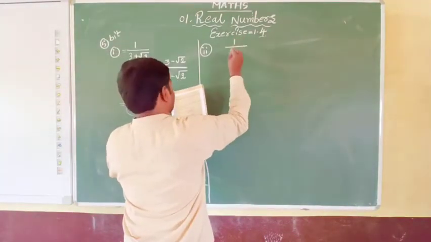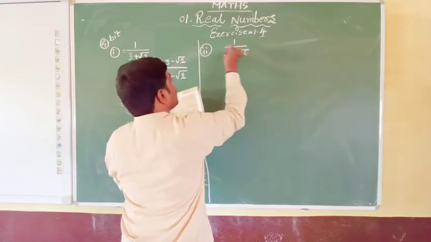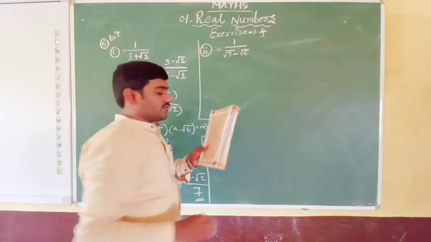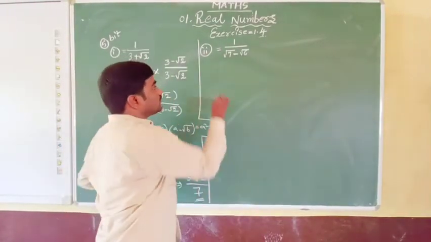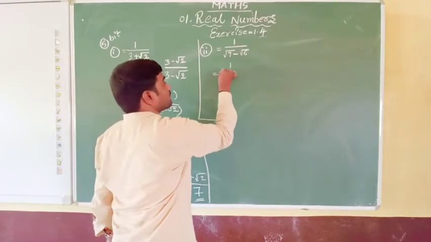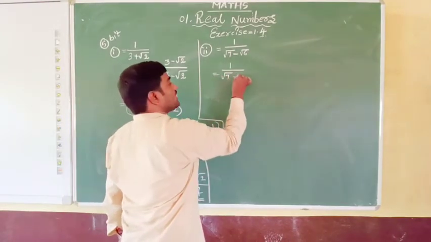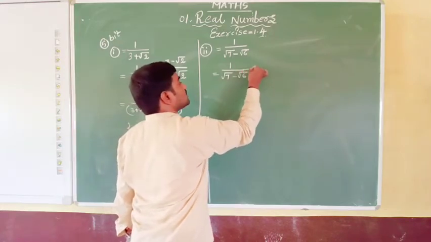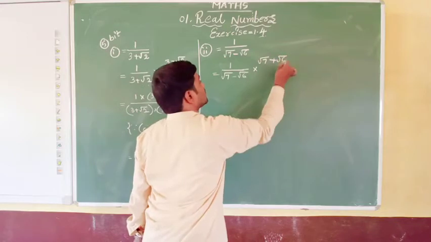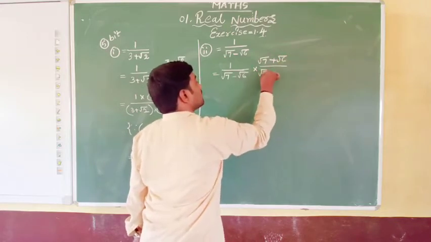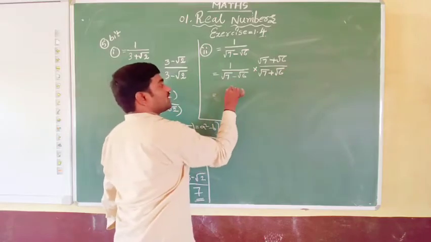That is 1 by root 7 minus root 6. 1 by root 7 minus root 6. Let us rationalize this denominator now. We know that first we need to multiply by the rationalizing factor of root 7 minus root 6, that is root 7 plus root 6. Here, root 7 plus root 6. So what we need to do is multiply 1 into